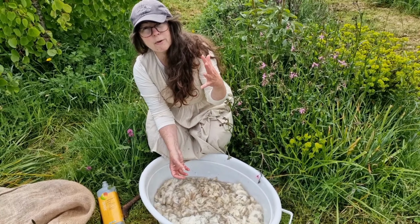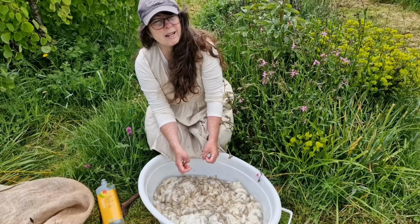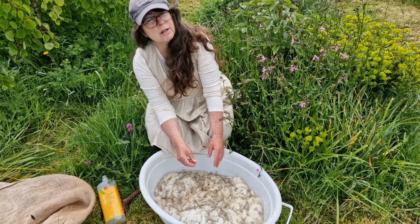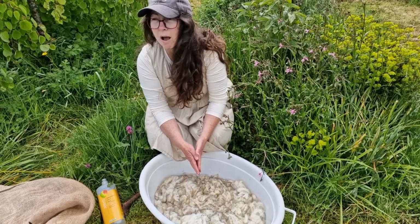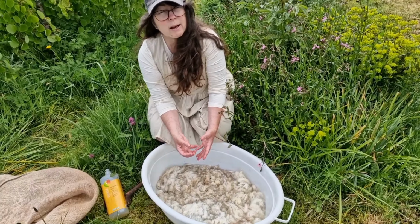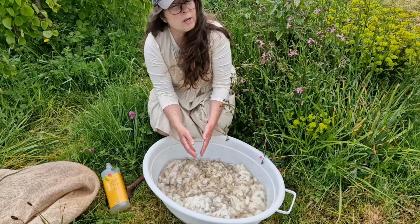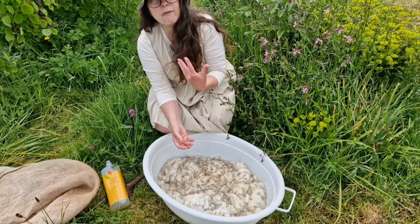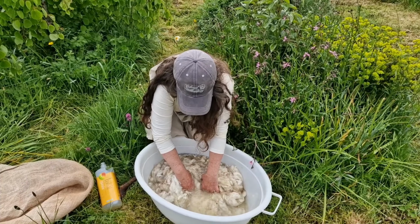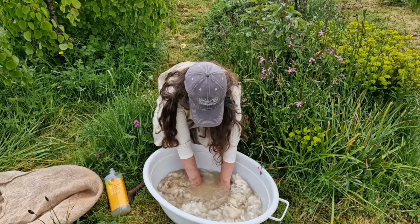It's good for the very first wash, but it can smell. Now if it smells like a sewer, then that's the wrong kind of bacteria. I can't remember how long you leave it, but you can look it up online for it to get active, and then you just stick your fleece in there and the natural bacteria will break down a lot of the dirt, and then you can just give it a wash, and generally what I found, you don't have to wash it so many times. Yeah, so especially if you're trying to not boil a lot of water or use a lot of hot water,